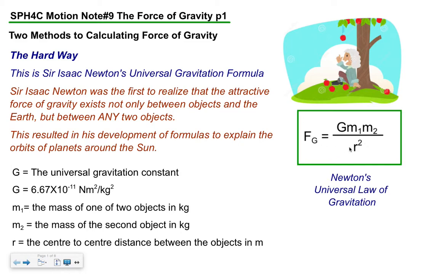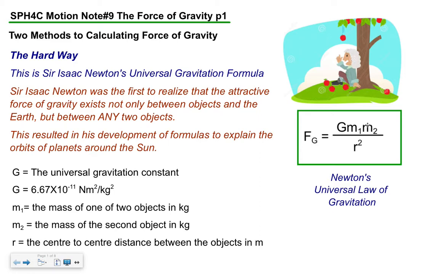Okay, and he found this in the 1600s, which is pretty neat. He didn't, by the way, come up with this number, but he came up with this relationship. And so what all this stuff is in this equation, okay, Fg stands for force of gravity. This big G is a constant, and he couldn't calculate this constant back in those days. That got calculated later, but he knew the relationship and that there was a constant. And as you look at it, in scientific notation, it's a tiny, tiny number. Okay, and M1